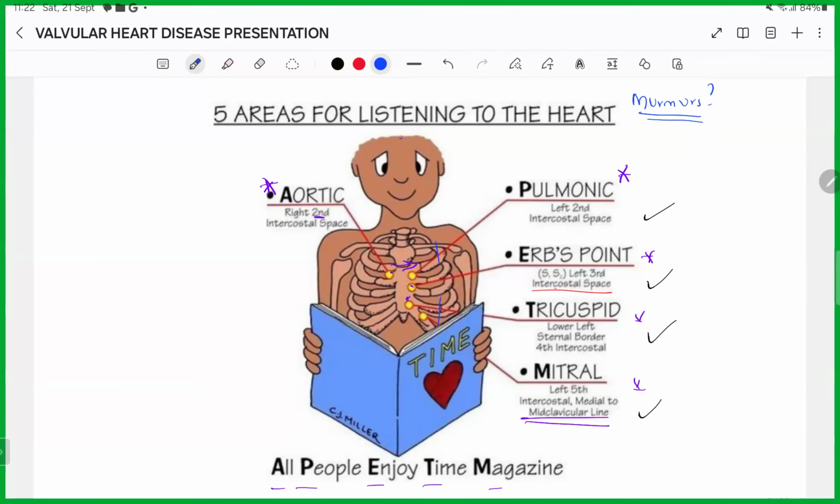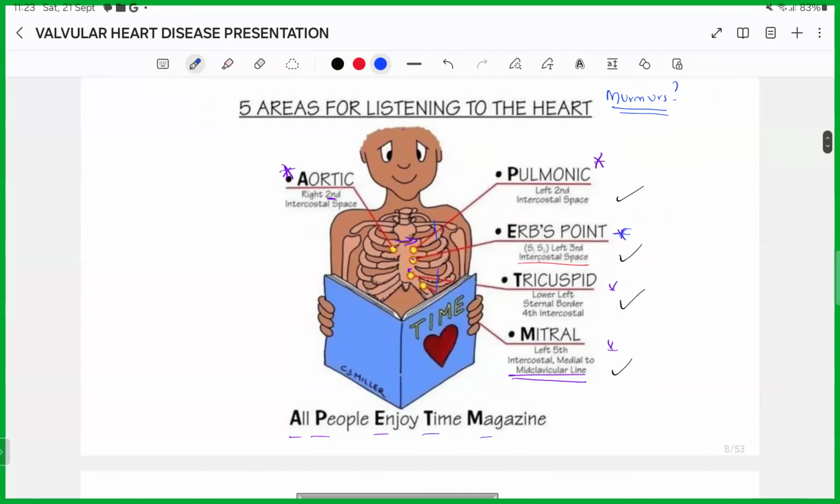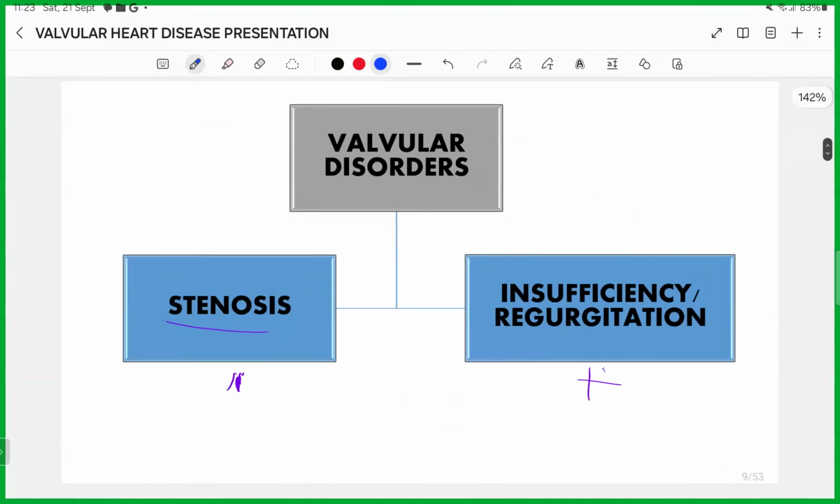is this space that makes it possible to hear most of the valves. You can hear this area actually, so that's why it's commonly auscultated. You can hear the aortic valve, mitral, you can hear S1, S2 clearly. So it's a place that allows you to hear all areas of these valves. So Erb's point is important to remember, and you can use the mnemonic All People Enjoy Time magazine to remember that. So now that we've laid the basics down, let's get into the meat of the discussion for today,